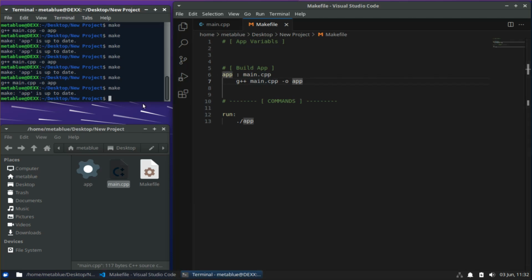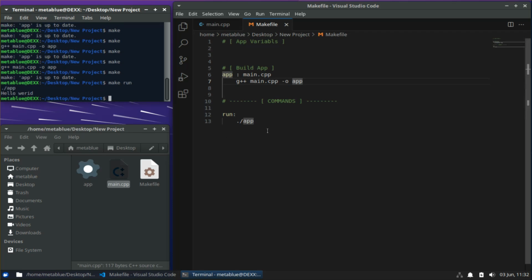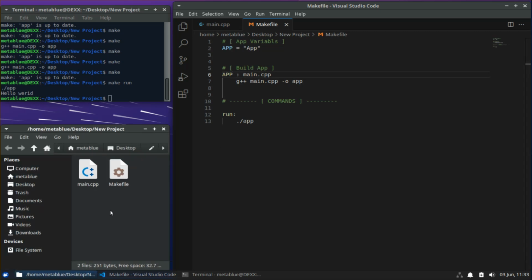And then, of course, we can call our command make run and run the program, or you could just slap it underneath. But I tend to like to have commands for different things. But this is the basic. How I set up a file is I'll create variables. One will be app, and it's technically the app's name. So, like, slap that with app and move to trash,